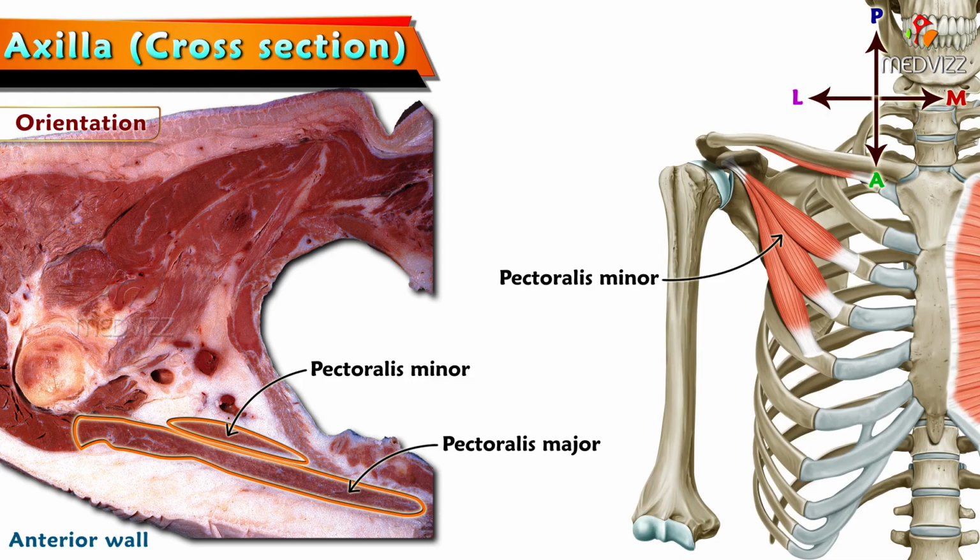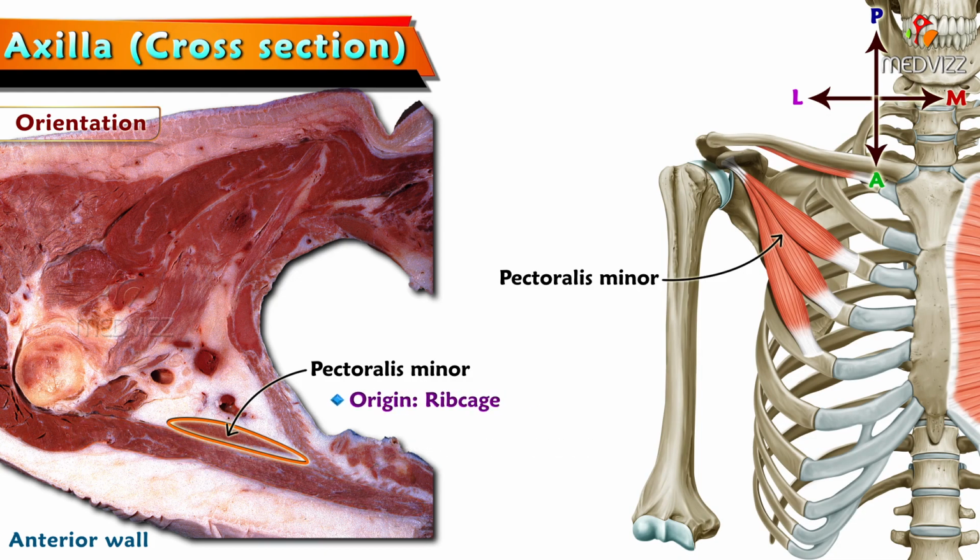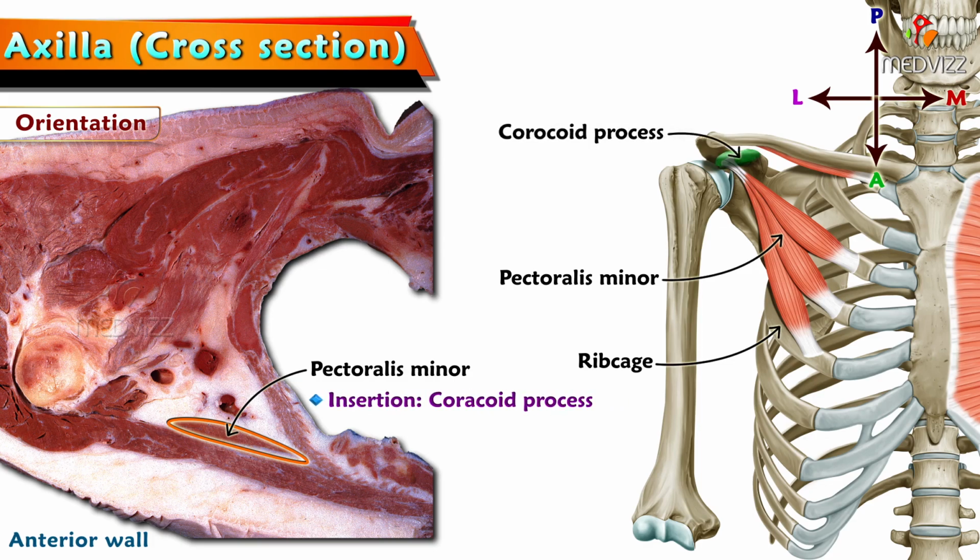Pectoralis minor, which is beneath the pectoralis major, gains its origin from the rib cage. Here we can see the pectoralis minor arising from the third to fifth ribs. The fibers are from the ribs and there is no contact with the humerus at all. Pectoralis minor has no attachment with the humerus and inserts to the coracoid process. This section is way below the coracoid process, close to the shaft of the humerus, close to the surgical neck.